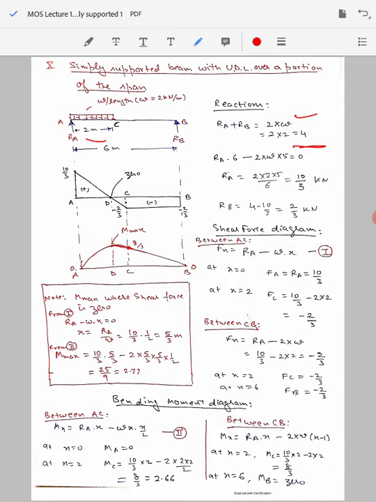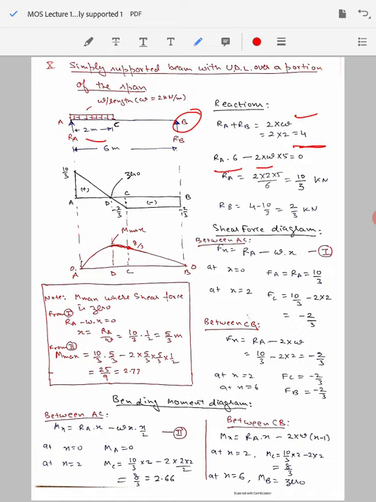Next thing that we will do is to find the moment in order to find the reactions. So let's take the moment about point B. So Ra into 6, because 6 meter is the distance at which the reaction force Ra is acting. So Ra into 6, and then the opposite moment will be due to the load that is acting. Load is 2 into W.